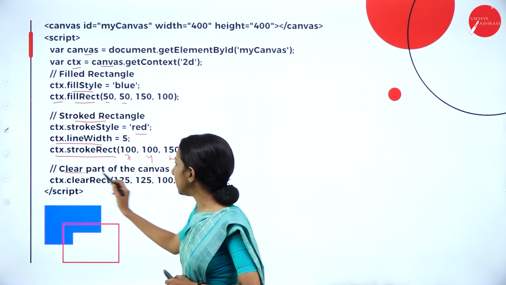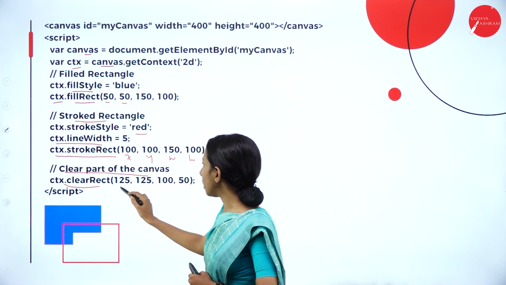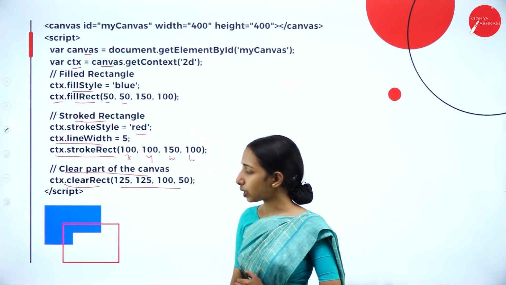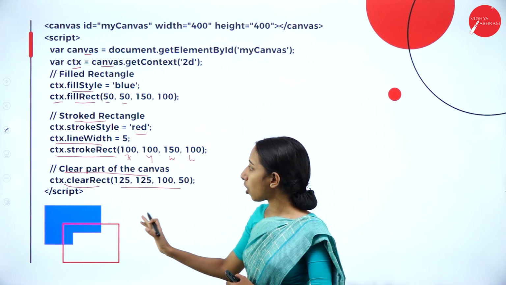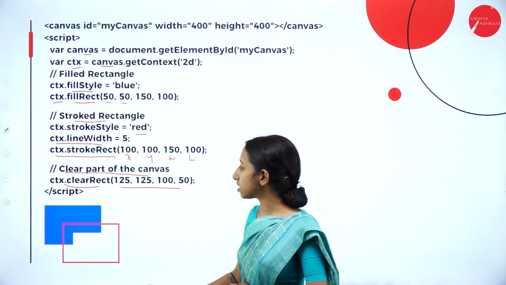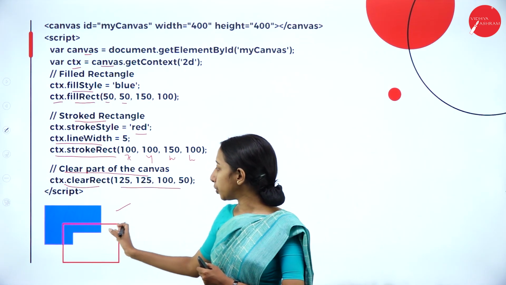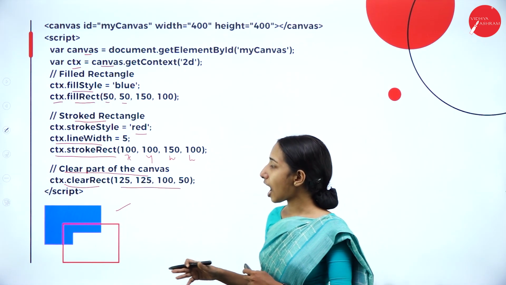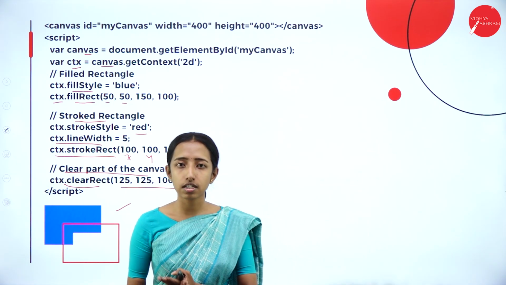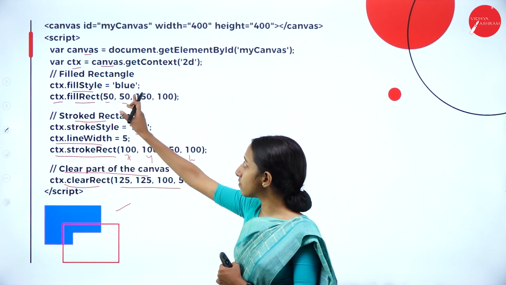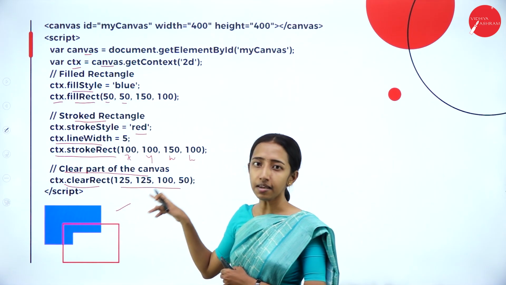Next is clearing part of the canvas, that is clearRect. Here you specify the area you have to clear. So this is a simple example to draw the rectangle using 3 methods. This is the output you will be getting. So this is how we can draw a rectangle using 3 different ways in a canvas. The main thing is you should have a canvas tag and the attributes, the script tag and the methods